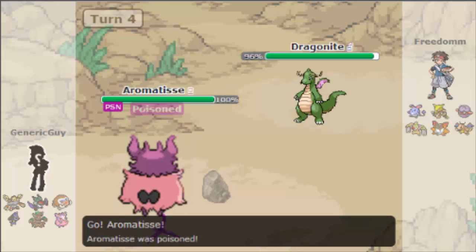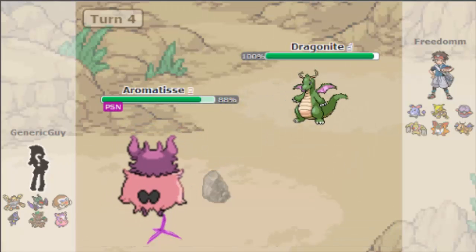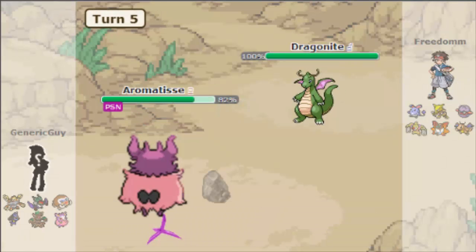I didn't really even pay attention, but anyways, I switch into Aromatisse after he goes into Dragonite, to take the Dragon-type move. Wasn't sure if he would still go for that, but he did. So I make the super obvious prediction here, and I think I go for...